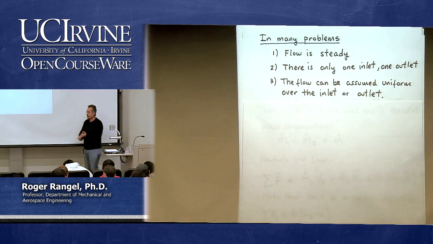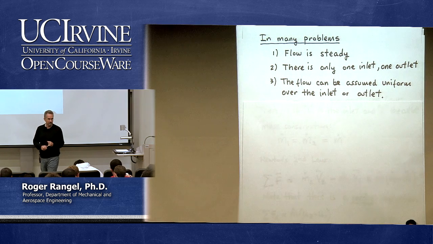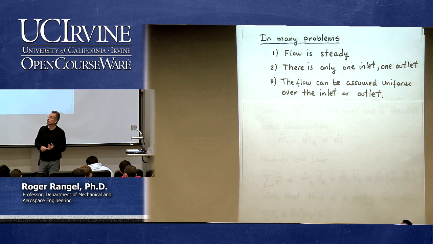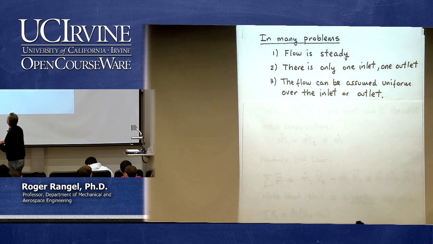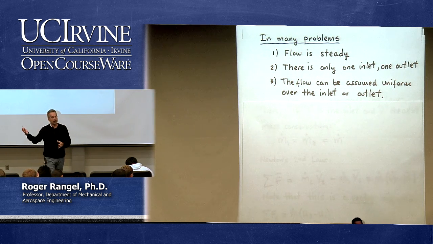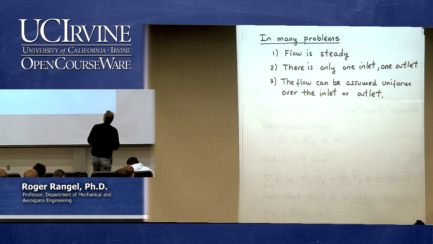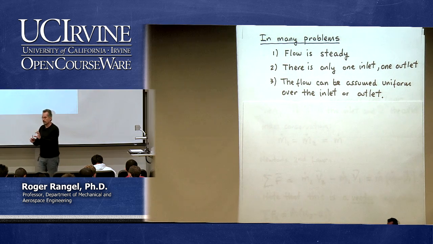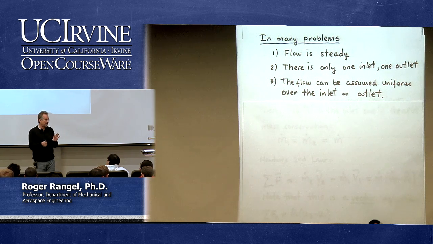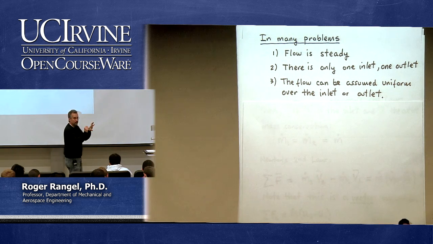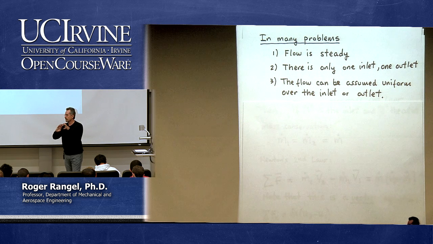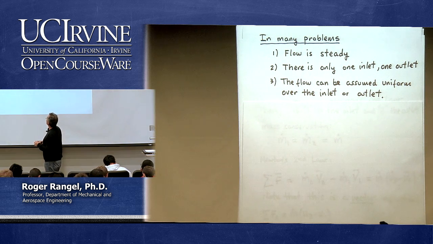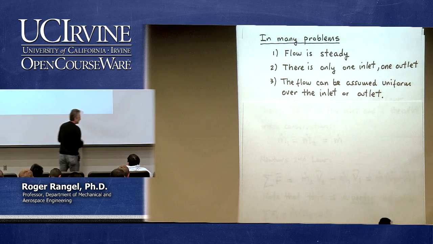In many problems, we can assume steady flow, or we are told, or we are interested in looking at the steady flow situation. In many problems, there is only one inlet and one outlet for the device. And if you make the assumption that over the inlet or the outlet, the flow is uniform, that is, you don't look at variations of velocity or density across the inlet or the outlet, then